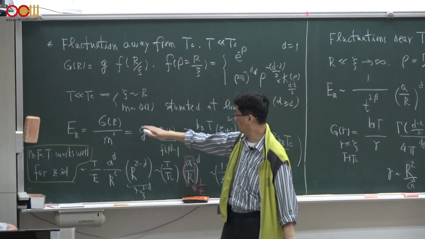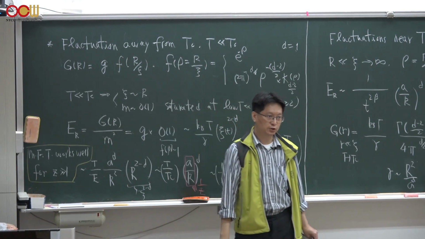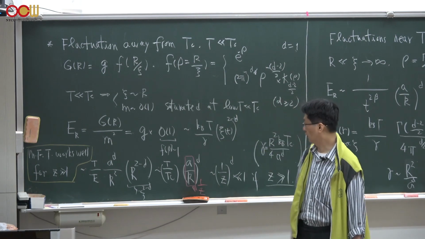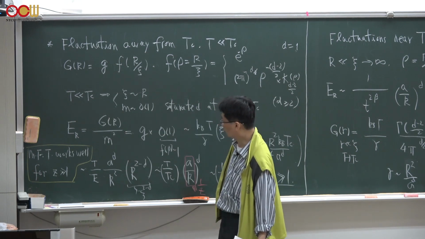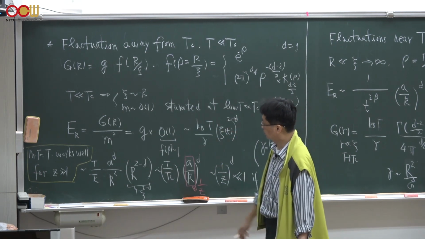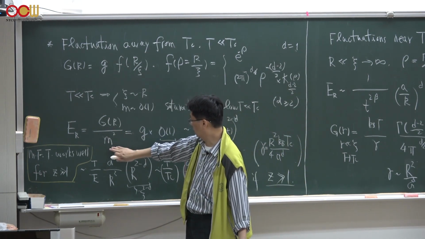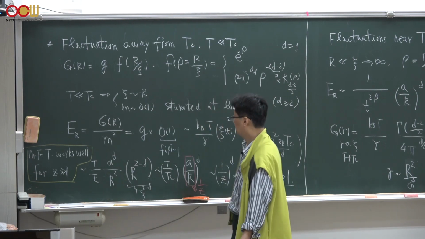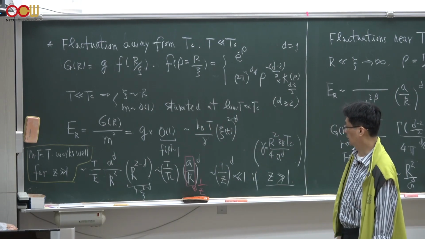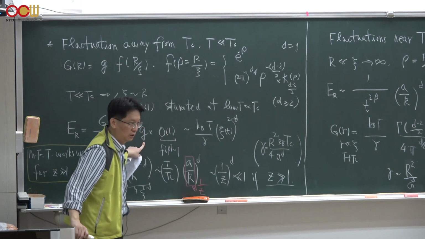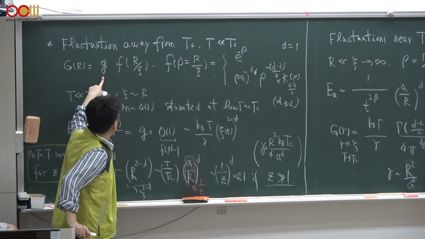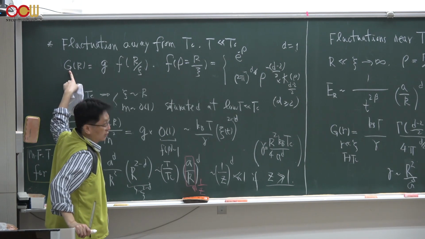And the magnetization in the ordered regime is a saturated value, of order 1 as well. So you simply take the ratio between G(r) and m squared and calculate the error bar E_R, and we get this prefactor little g, coming from this correlation function,